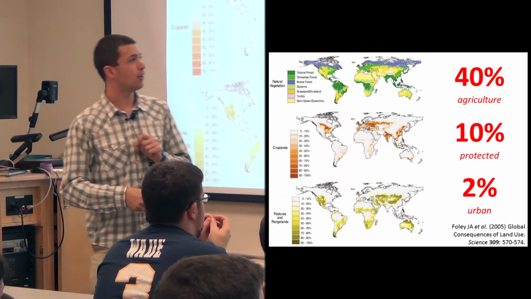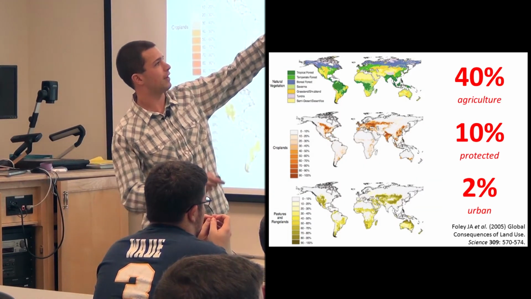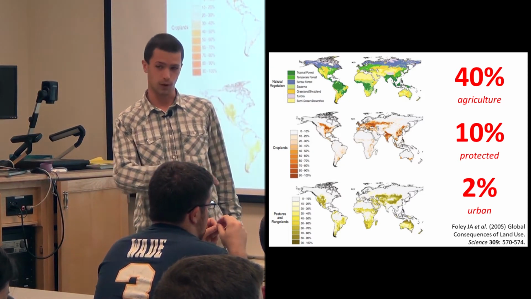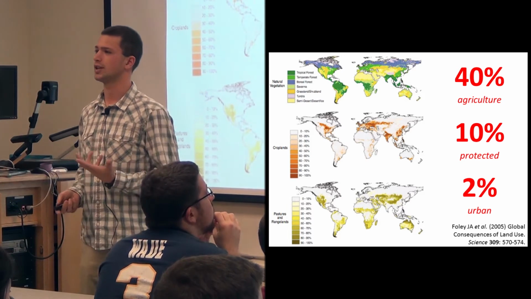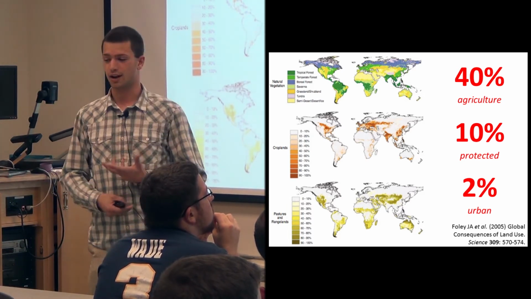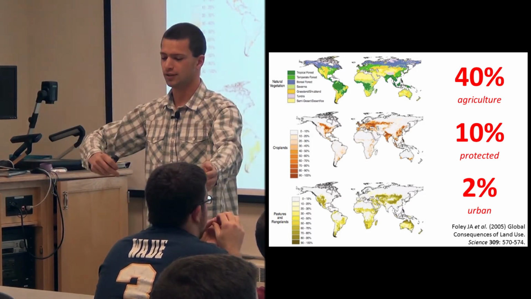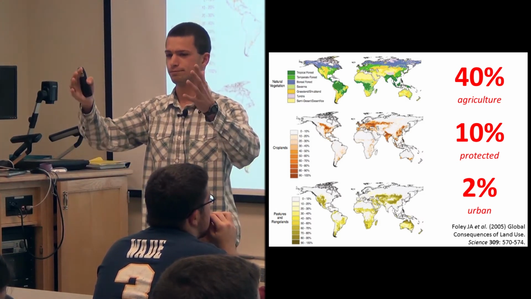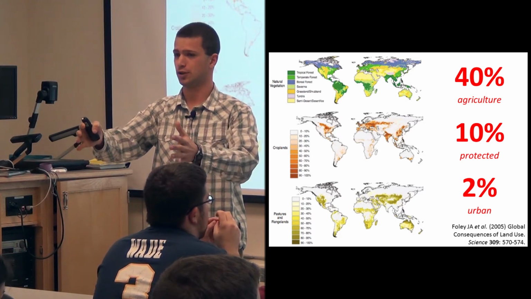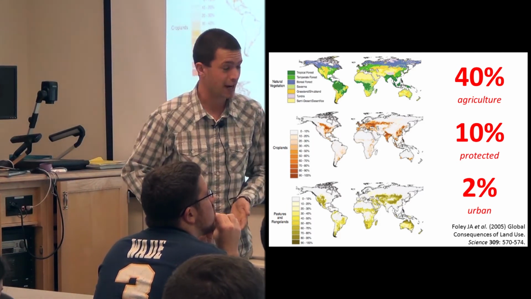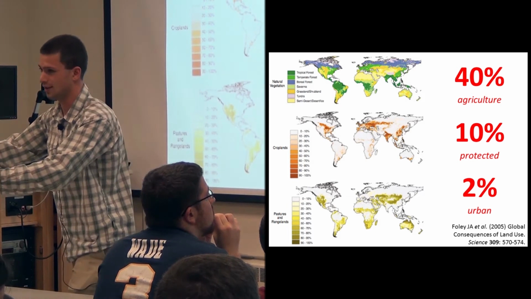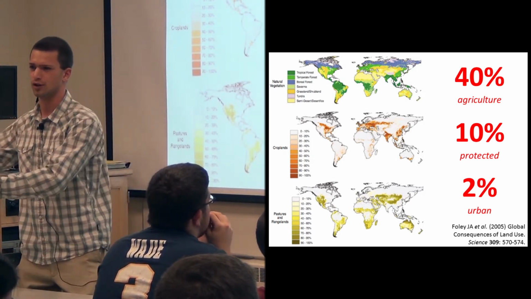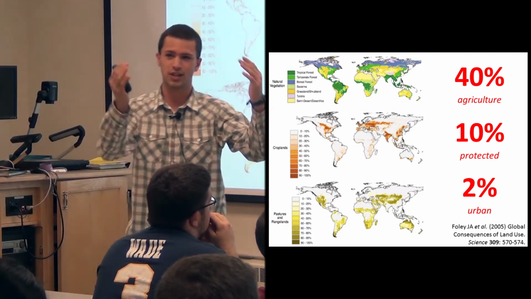So the way we do that now is, this is a map of natural vegetation up here, but then this is where cropland is in the world and where pasture land is in the world. The way our current strategy approaches ecosystems is we take 40% of our land and we say this is going to be maximum agriculture, just the maximal production that we can get out of agriculture. We're going to make it just do that. And then we take 10% of our land and we say this is protected. This is nature. This is a national park, and we're not going to touch it, and it's going to do nature and ecosystem services. And then we take 2% of our land and we live in it.